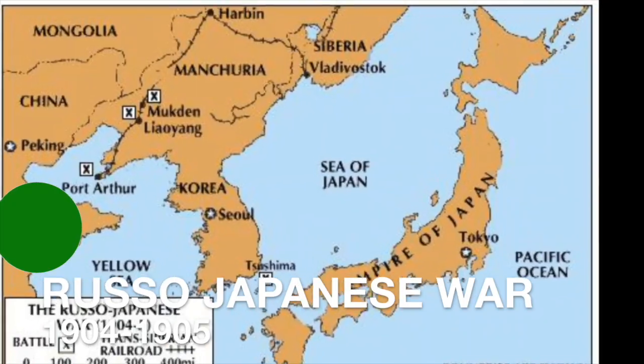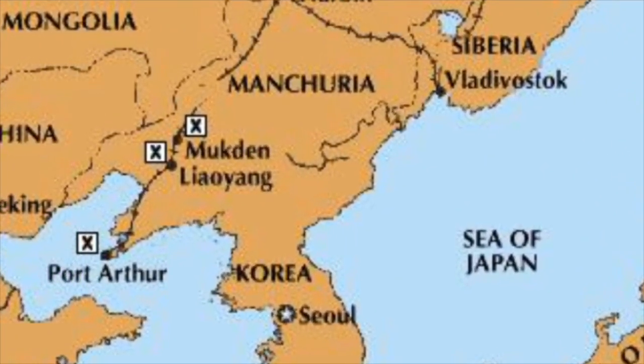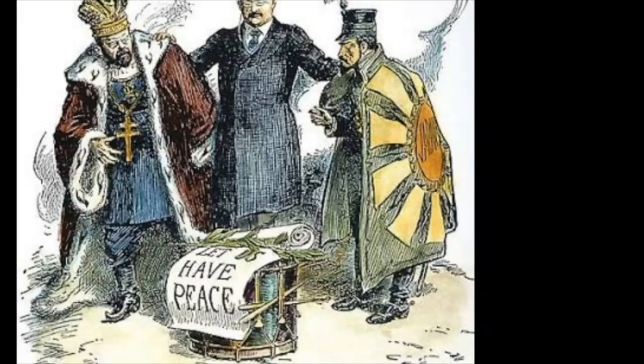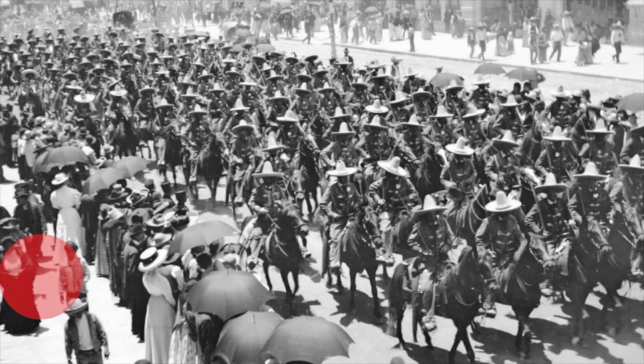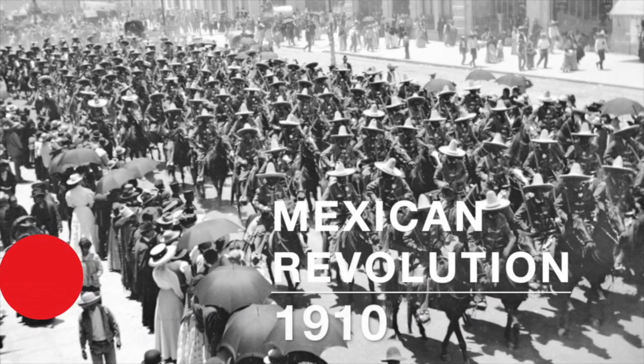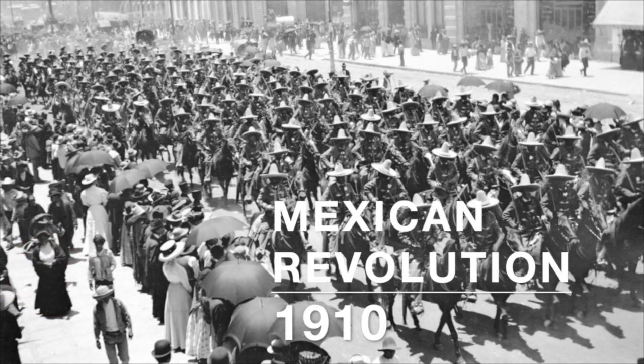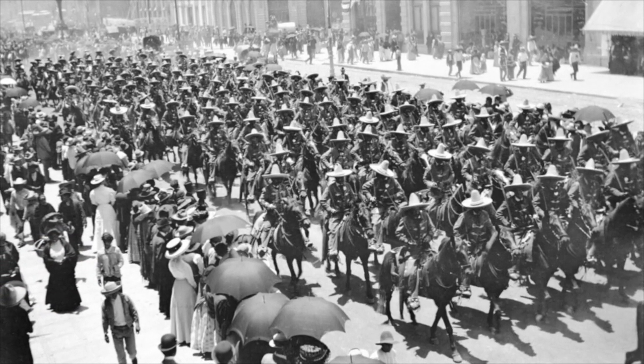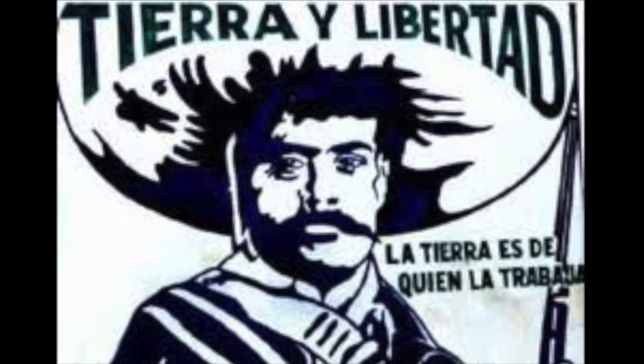This war started because Russia wanted dominance in Korea and Manchuria, and thus Japan defeated Russia in 1905. Porfirio Diaz was in power and wanted to be re-elected. Madero came in with the Plan de San Luis to overthrow him, resulting in him becoming president. He promised lots of things to the people but didn't complete them, making the revolution continue.